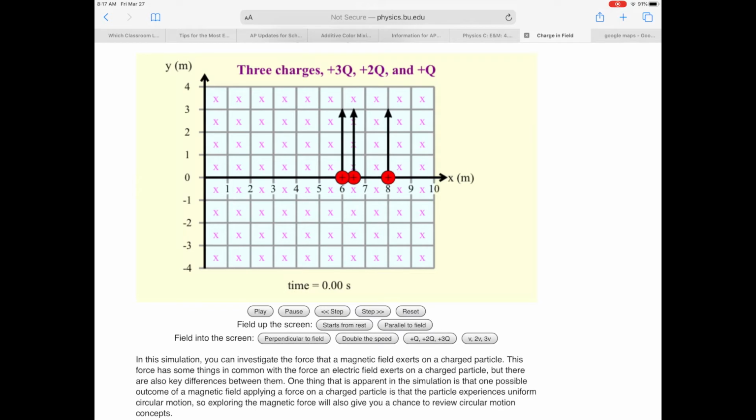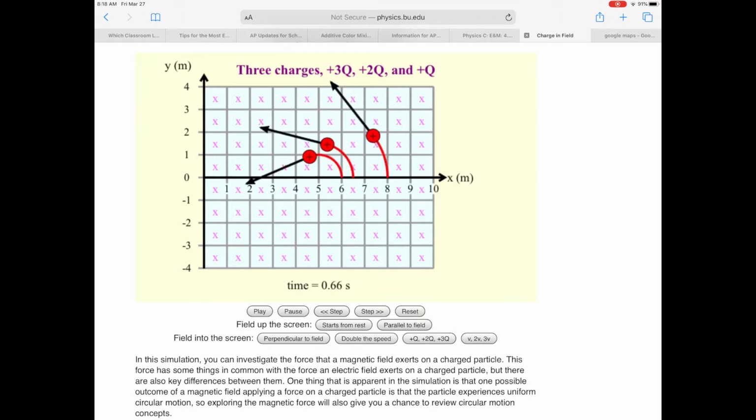Now I'm going to change my charges. Looking up here at the top, you've got the 3Q above the charge that's at 6. The 2Q is the charge that is just to the right of 6 units, and then the Q is the charge that is over at the 8. If I play,